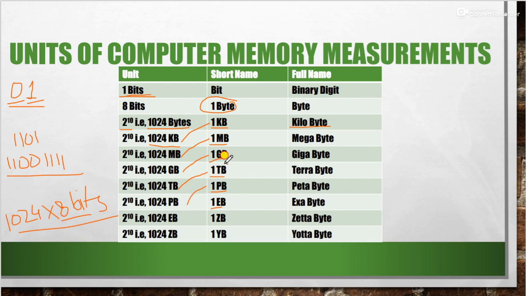Now these days the hard disk which we are using is generally of 1 TB. You must know what we are actually using in the market, or what type of storage devices are available in the market. Then after that, 1 ZB. ZB stands for zettabyte, and it is equal to again 1024 EB. And the last one we have is 1 YB, that is 1 yottabyte, which is equal to 1024 ZB. So this is how you have to remember all these terms or the units which are available for computers. I hope this is clear to all of you.